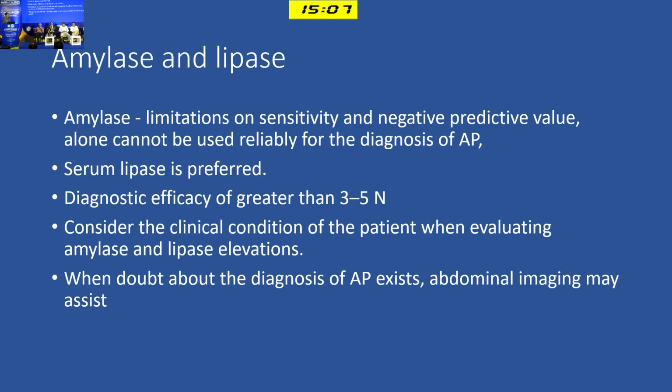One point I would like to highlight in this scenario: in a patient who is a known case of chronic pancreatitis, who has had recurrent acute pancreatitis episodes, sometimes the lipase and amylase might not elevate. That is something you need to keep in mind, that the patient may actually be having acute pancreatitis on the CP, but without the elevation. We need to look at that. So the take-home message would be,